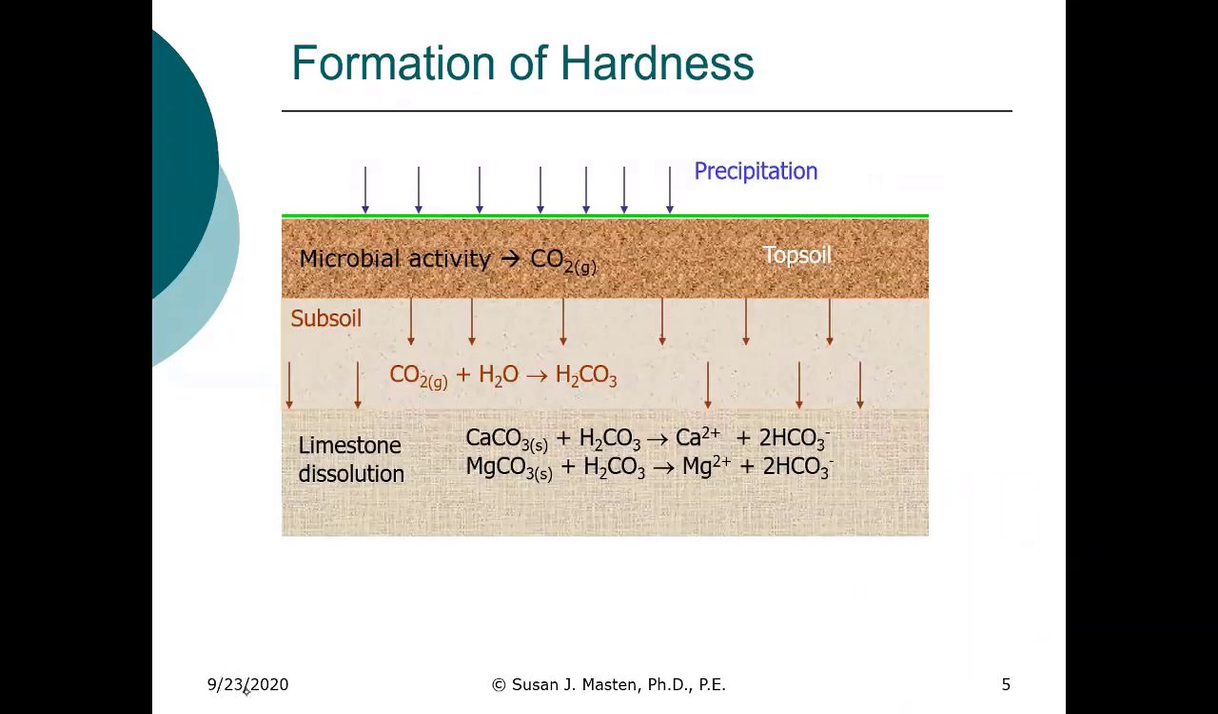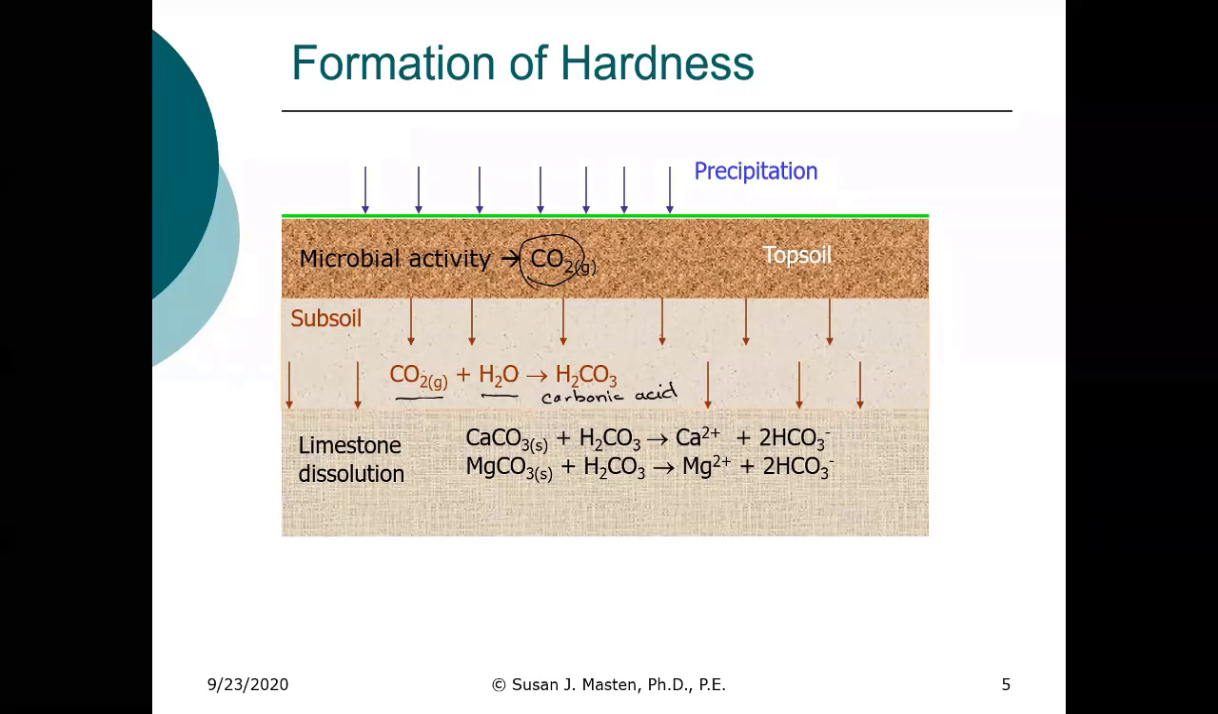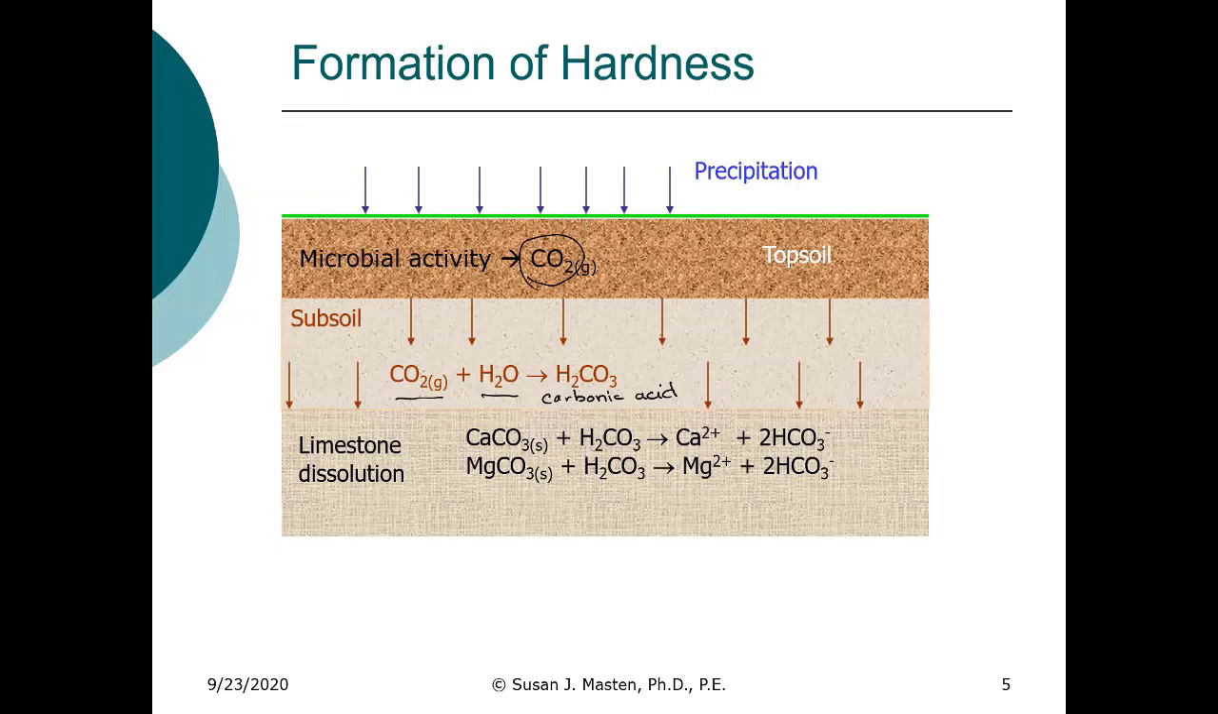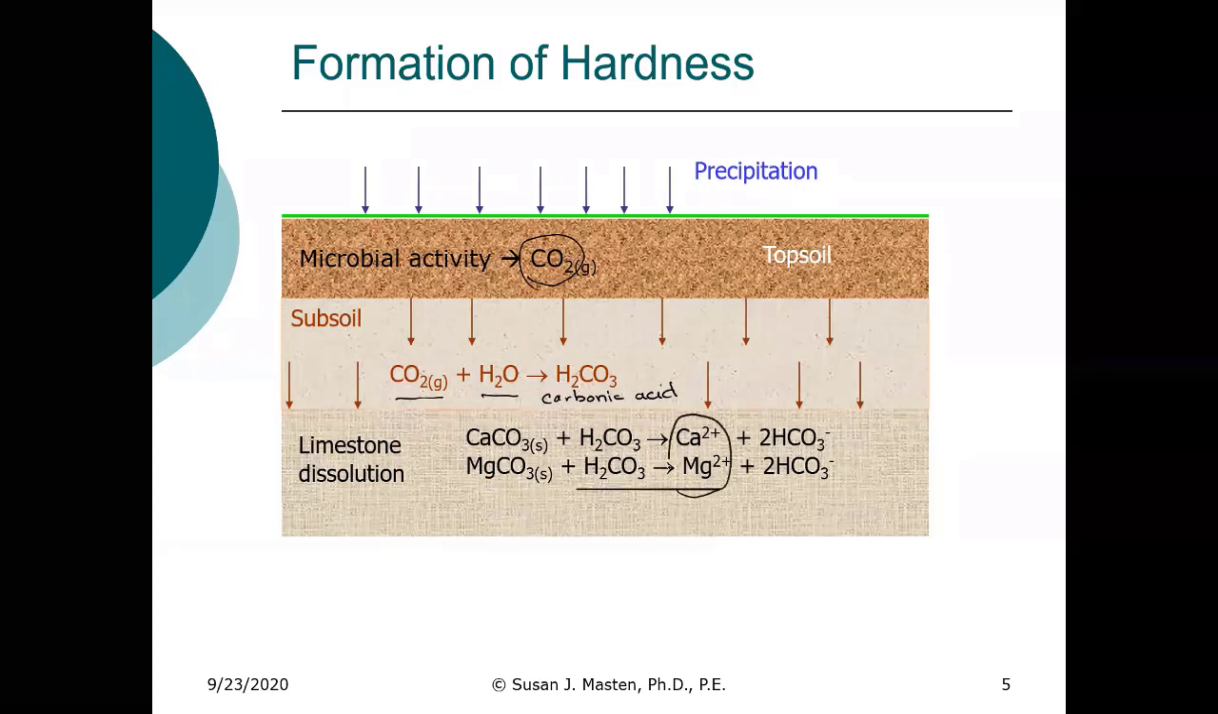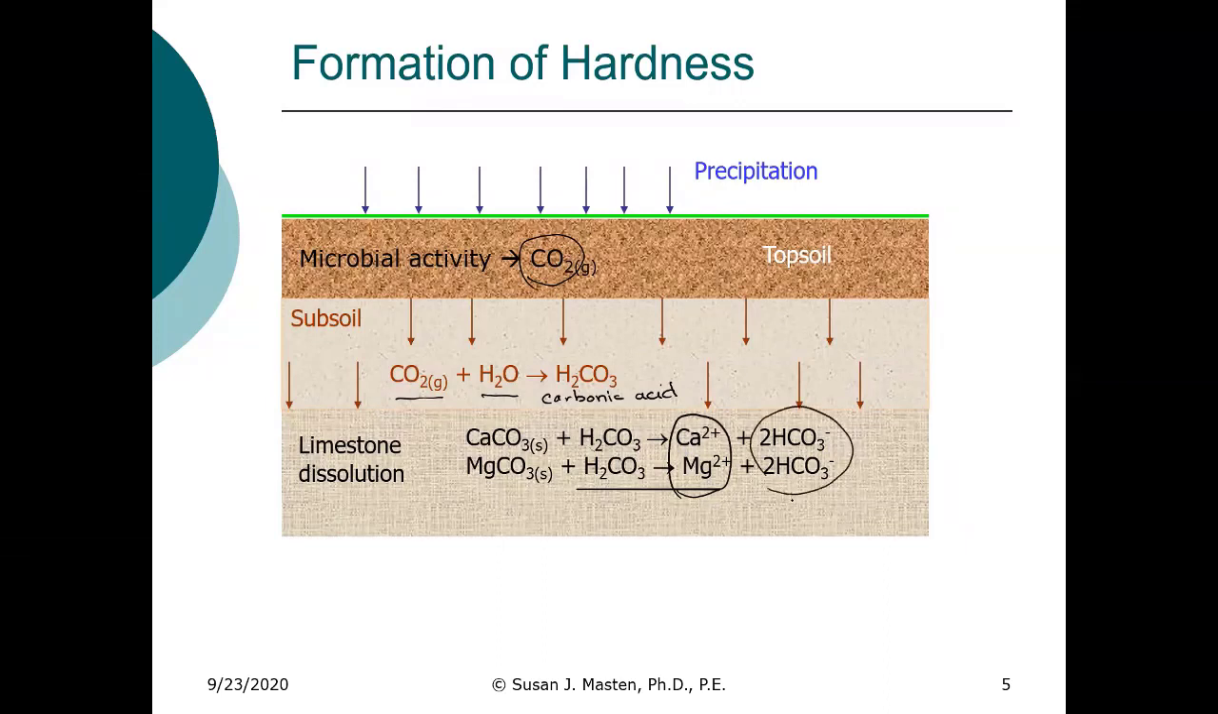As I mentioned, these are naturally occurring minerals. What happens is there's microbial activity that produces CO2. That CO2 reacts with water and forms carbonic acid, and that lowers the pH of groundwater. So typically groundwaters have a pH often around 6 to 6.5 in that region, because of the presence of carbonic acid. So limestone minerals, which contain calcium and magnesium, react with the carbonic acid to release calcium and magnesium,